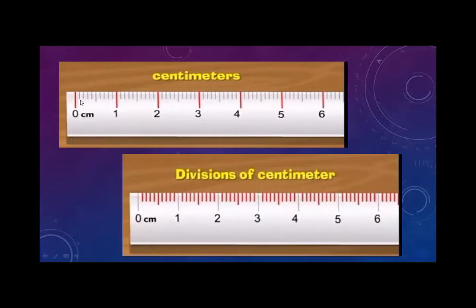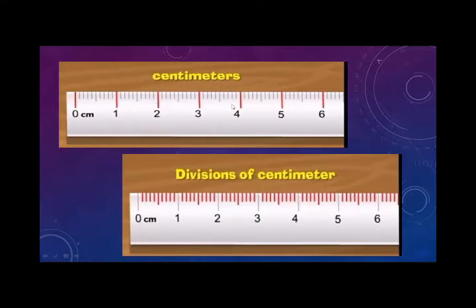After every bigger line, how many lines are there? 1 2 3 4 5 6 7 8 9, then 10. Here 10 completed, starting from 0, 0.1, 0.2, 0.3, 0.4, 0.5, 0.6, 0.7, 0.8, 0.9. After 0.9, what will become the next number? That is 1. Then again 1.1, 1.2, 1.3, 1.4, 1.5, 1.6, 1.7, 1.8, 1.9, then 2. In this way,